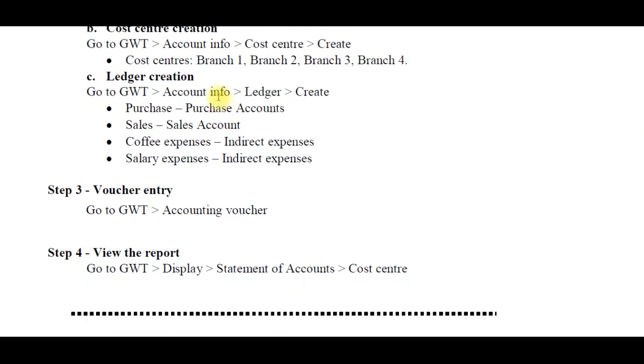So the same also accounts info must. Remember, if you involve the ledger for cost center allocation, first remember that type of ledger creation gets some activations. You know that maintain allow cost center, cost centers are applicable. Yes, here these four ledgers create. When you create these four ledgers, you also enable the option allow cost centers are applicable.